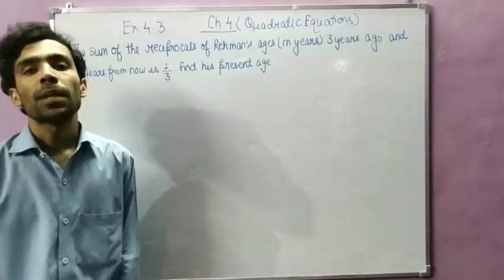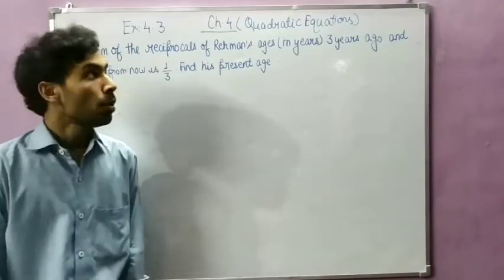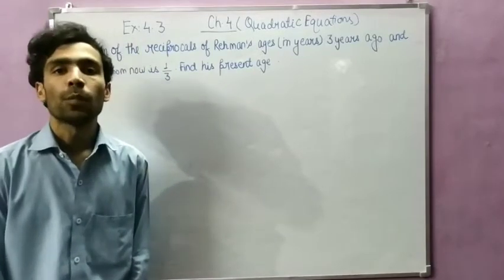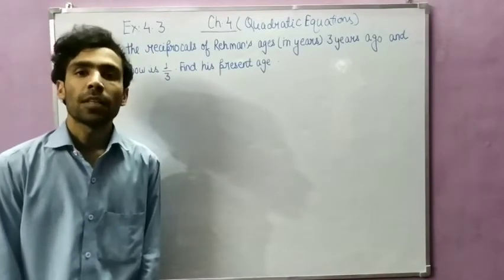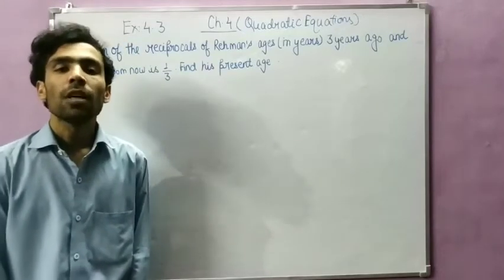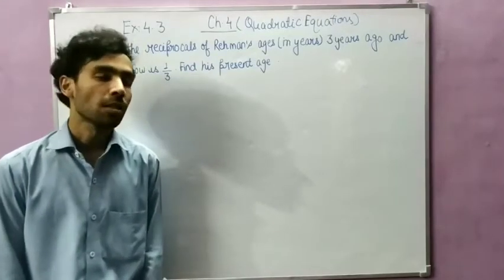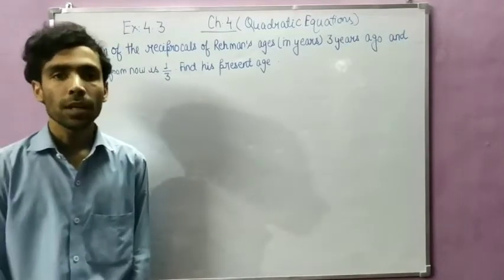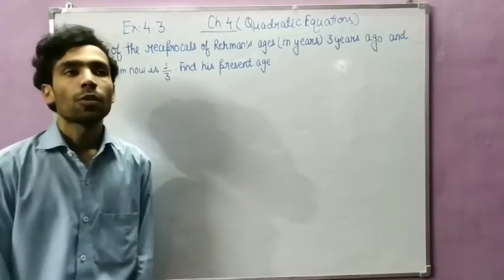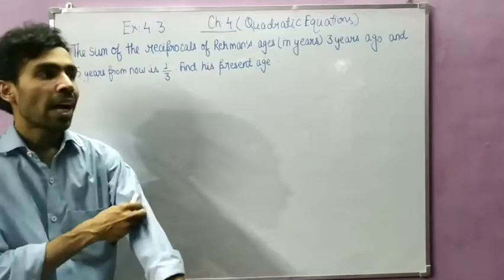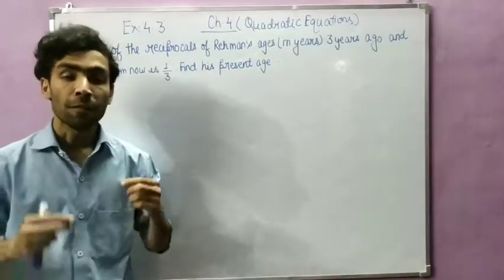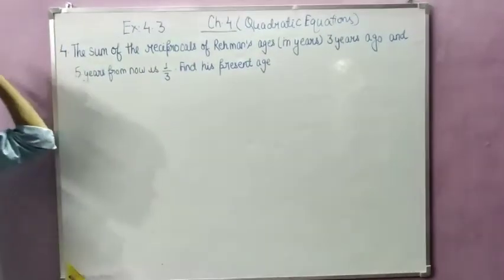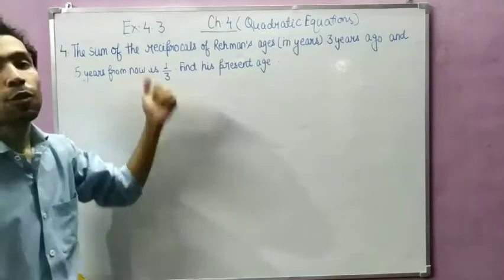So students, in the previous part of the video, I told you the exercise 4.3 and in that part I have explained the quadratic formula, which is also known as Shridharacharya method. This method is generally used for finding the solution of quadratic equations. After that I told you that whatever questions are remaining you have to solve. There were 11 questions, so up to question number 3 I have explained, and I told you to solve all the questions, and whichever question I want to discuss, I will discuss here. So I will discuss question number 4 of exercise 4.3.